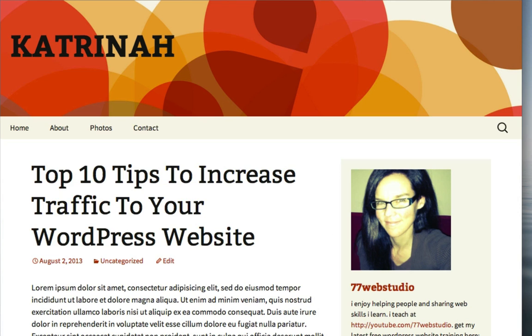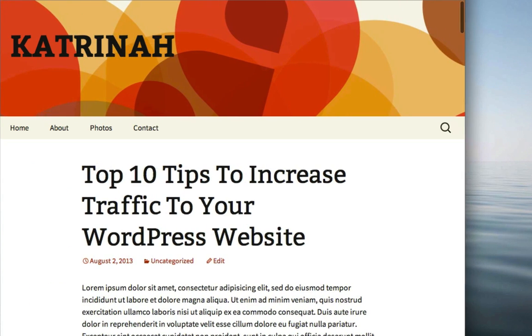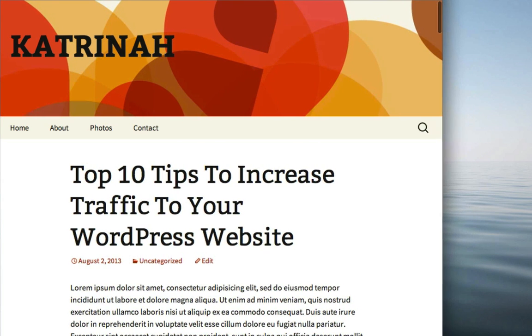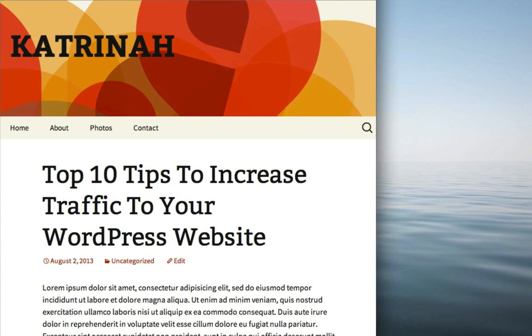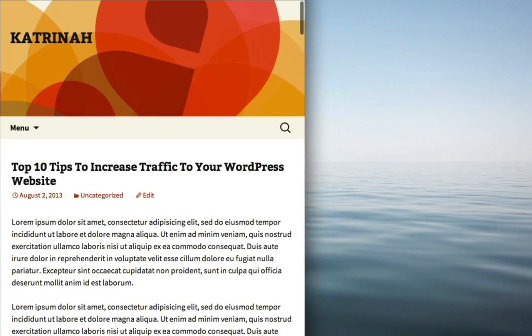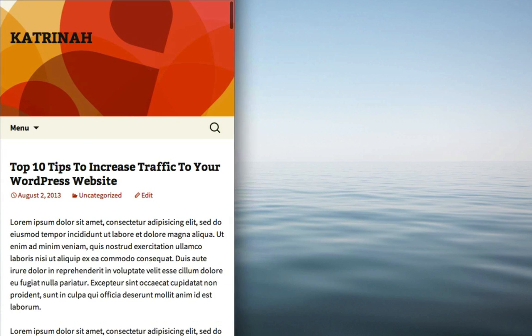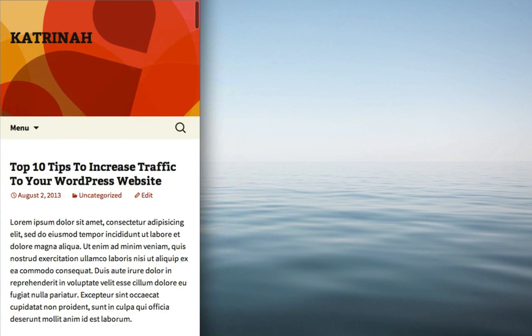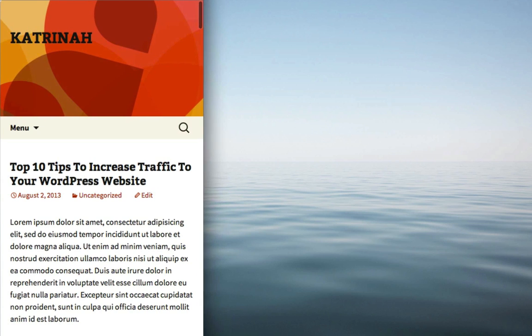So as a demo, when I grab the bottom right-hand corner here and I reduce the size of the window, note that all the different elements on the page are going to stack up really nicely, one on top of the other, and the menu navigation item is also going to collapse into a vertical drop-down kind of menu. So this is the dimension that we can expect on a smartphone like an iPhone or an Android.